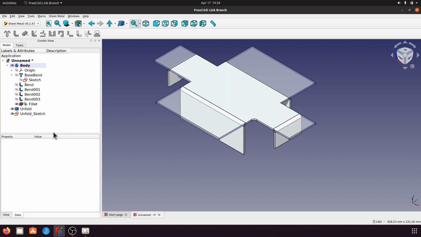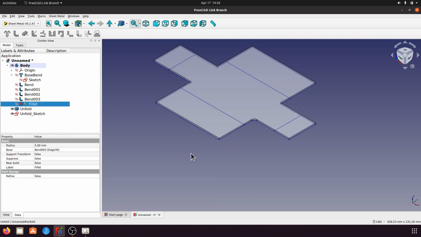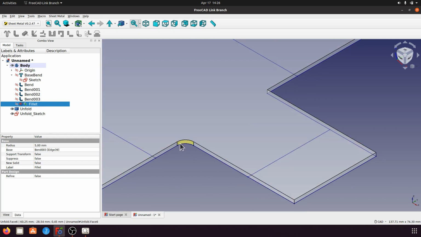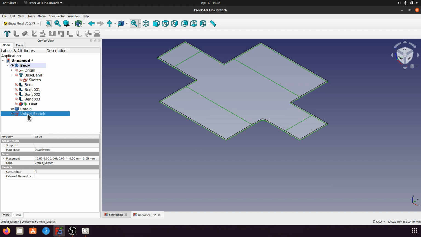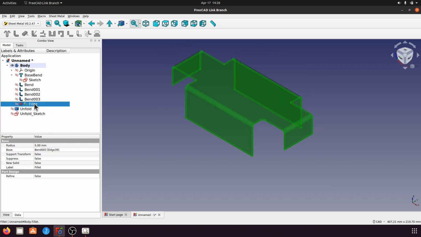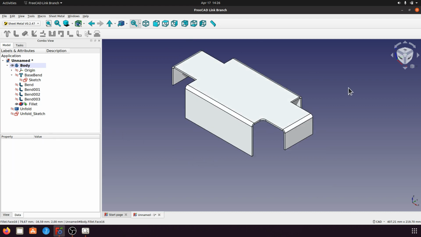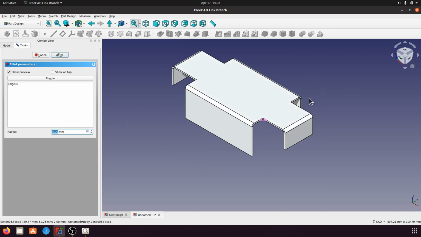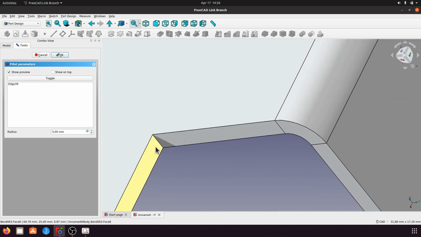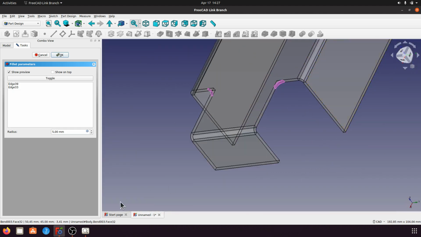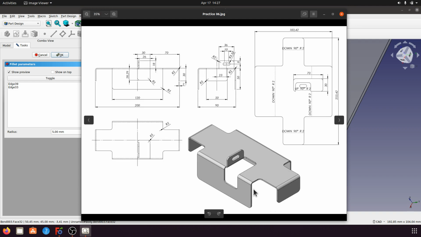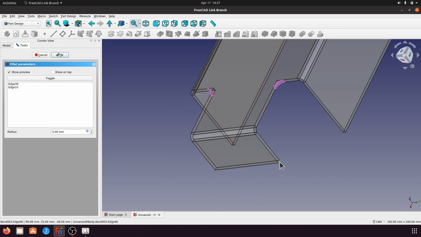Okay, now we check for the flatten. We can hide this sheet metal. Okay, now it's good, this fillet is no error, so can hide first and then unhide. Okay, now we can create the fillet. Let's see, almost all edge. Okay,